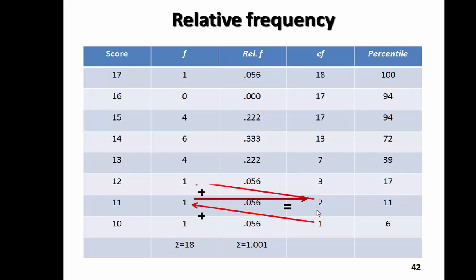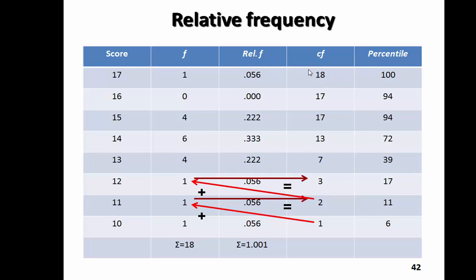We repeat the same process where we add 2 to 1, and that will give us 3 total scores that have accumulated at this point, and we see that 1 plus 1 plus 1, 3 students scored at 12 or below. And then this would continue all the way up to the top of the table,